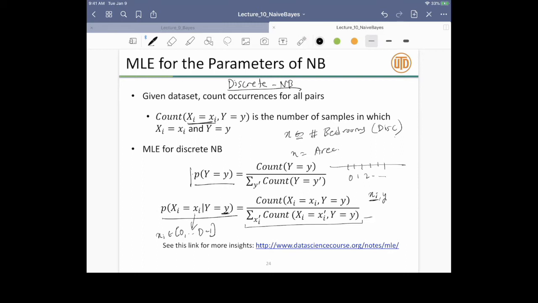So this is very intuitive. This is nothing but the number of examples. This denominator is in fact nothing but the count of y equal to y, because what I'm really doing is taking a sum over all the other feature values that this ith feature can take. This normalization factor is exactly the number of examples which belong to class y. Any questions with this? We have not yet derived this, but I just wanted to get the intuition out first.